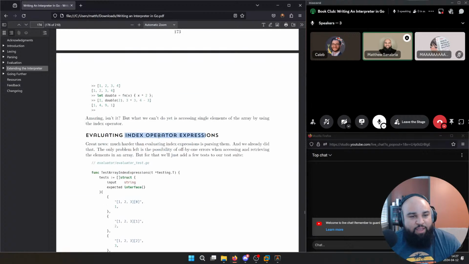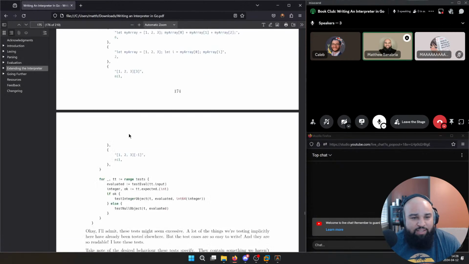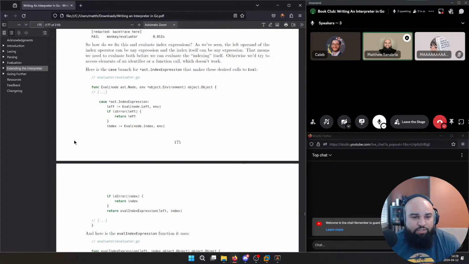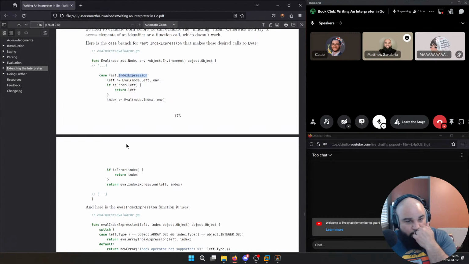The last part of making sure arrays are fully functional is making sure that we're actually taking the index operation that we're getting and really getting a value back, right? Like going to actually evaluate it and get the value under the hood. And I'm going to skip the test cases because they're pretty boring. The only thing you need to know here is that if we do encounter an index expression, meaning we have an array that we're trying to index, we have to do a few things. We have to get the left side of the expression. We have to get the right side of the expression, and then we have to evaluate it.